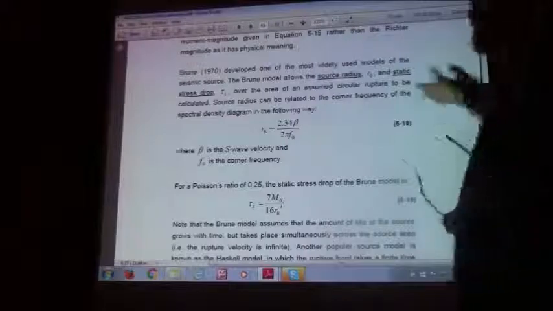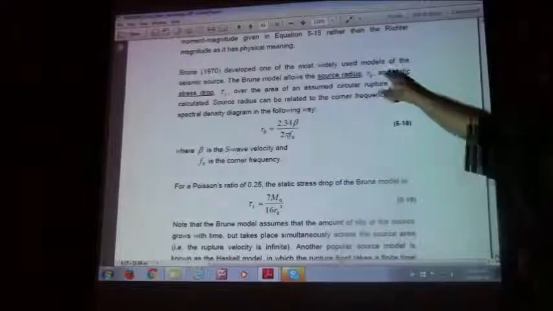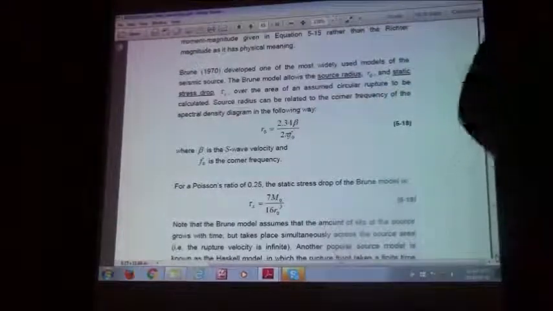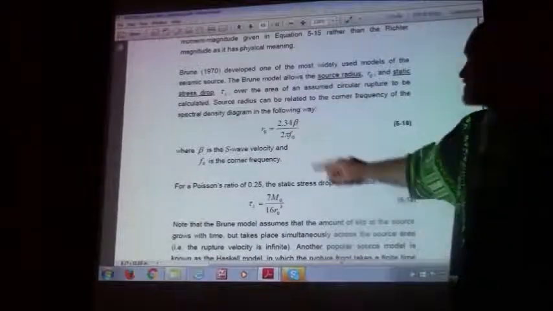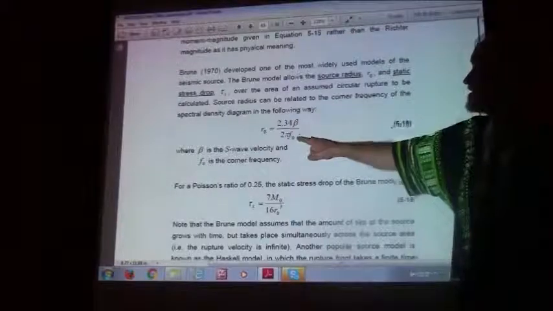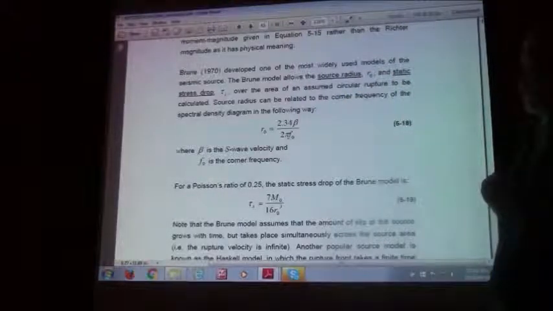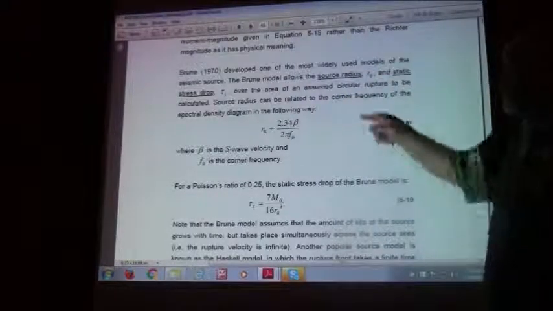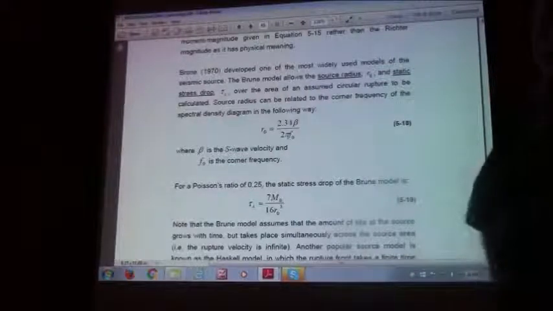In earthquake seismology, one of the famous models that we use is the Brune model. This tries to describe your source as what he called a penny-shaped crack, a circular fault along which you would have a constant amount of slip. If you've got your corner frequency and you know your shear wave velocity, you can work out what you call your Brune source radius. You can also work out what we call the static stress drop. So you can work out how big your stress drop was. What you'll see from this equation,